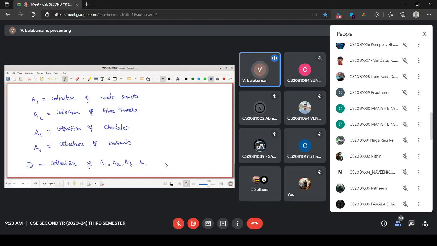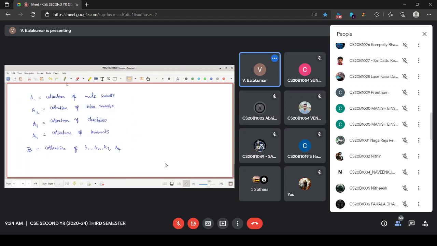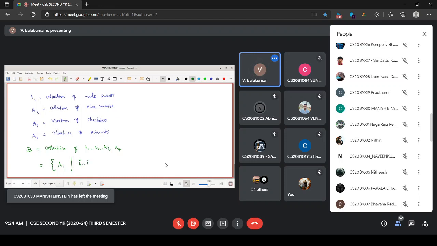Then if somebody wants to write it, maybe let us make this little smaller. In a different color we shall write. Then if you want to write this B, which is actually a collection of Ai, such that i is 1, 2, 3, 4.